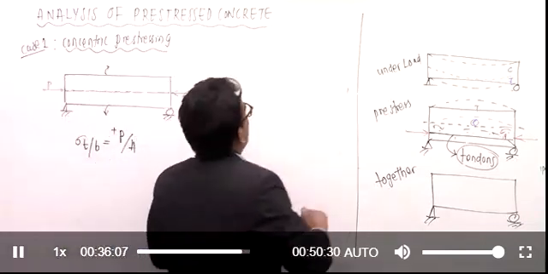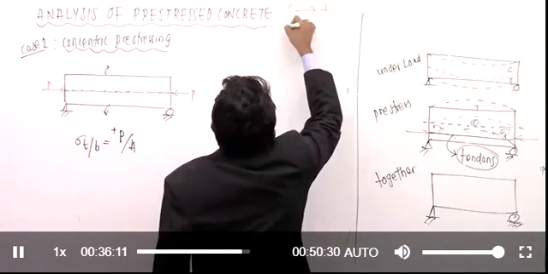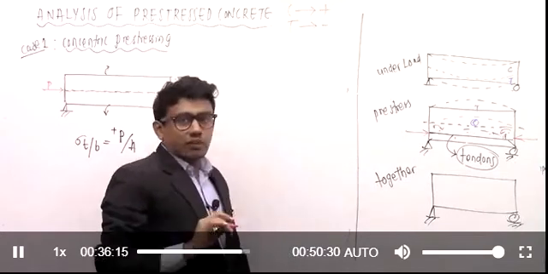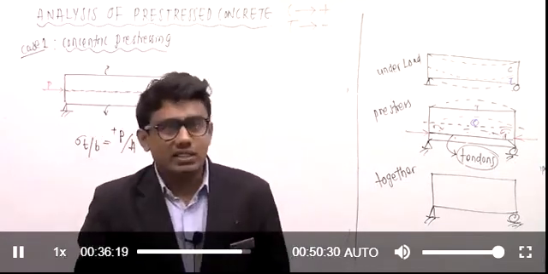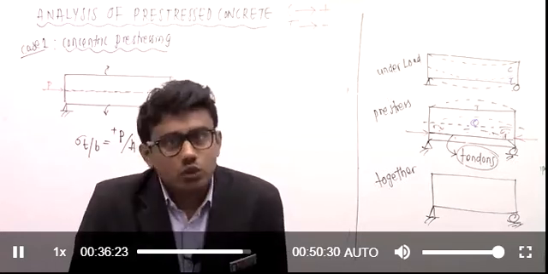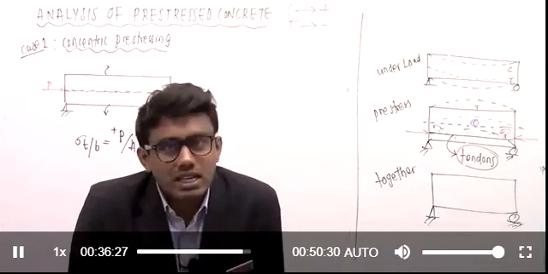Here in pre-stressed concrete, compressive stresses must be taken as positive and tensile stresses must be taken as negative. We are going to use this sign convention because the sign convention is based on our convenience, right? In pre-stressed concrete, the most dominating one is compressive, so I am going to consider it as positive, and tensile stresses as negative.